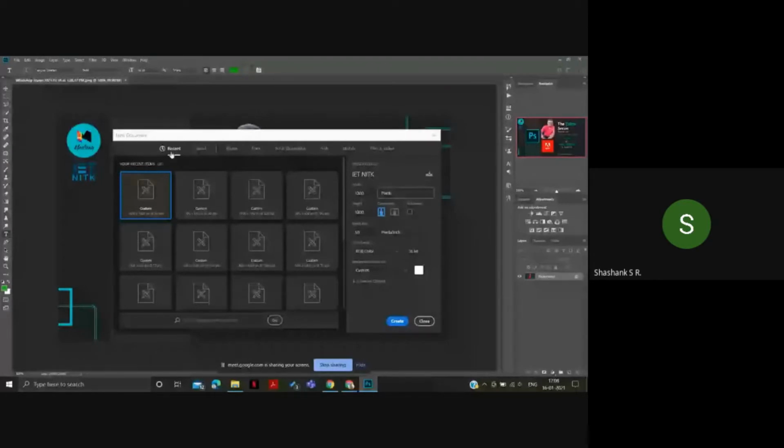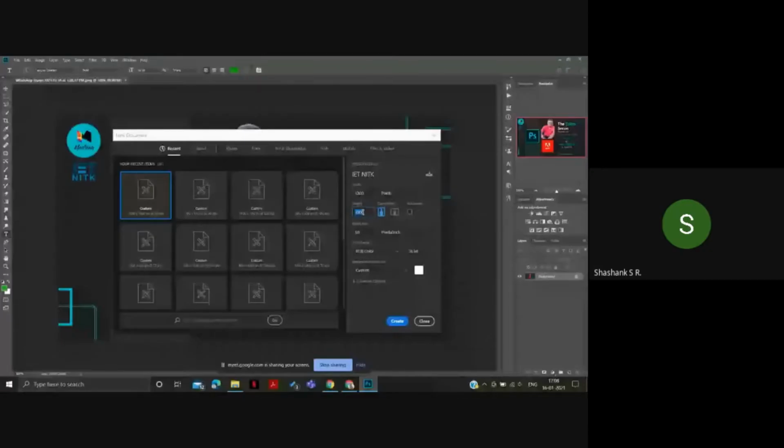For example, this window is made up of thousands of squares. That one single square is known as a pixel. So this is the width and the height. I'll be choosing 1,000 width and 1,000 height, or you can even choose 500 by 500.